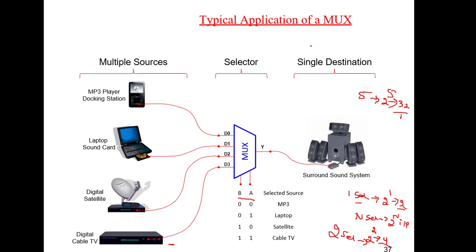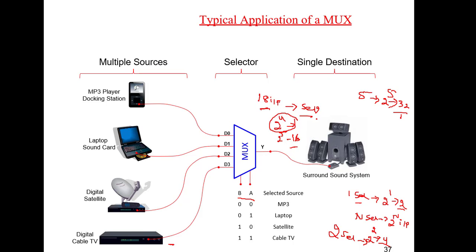Now the opposite. If I want to make a mux for 18 inputs, how many select lines are required? For 18 inputs, how many select lines? 5. 2 to the power of 4 is not possible, because 2 to the power of 4 gives you only 16, and 18 is more than that. So go for the next one. Like that you can take it. This is the way to select inputs and select lines. If you have the inputs, you can choose the select lines. If you have the select lines, you can choose the inputs.